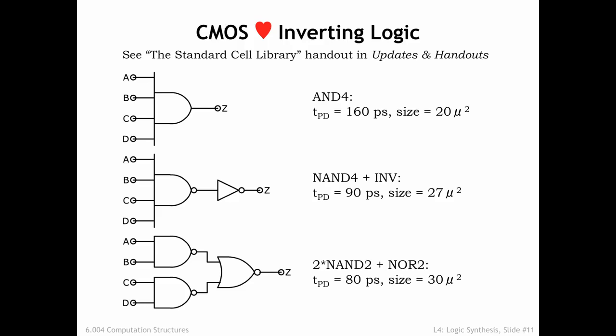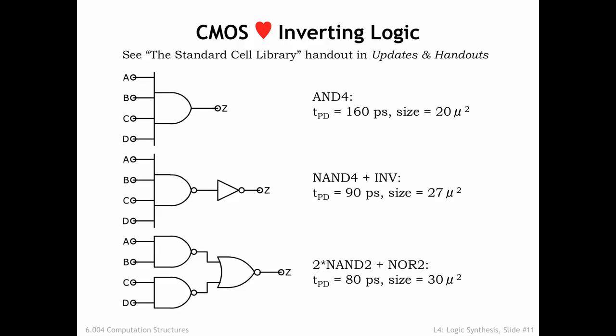The library has both inverting gates, such as inverters, NANDs, and NORs, and non-inverting gates, such as buffers, ANDs, and ORs. Why bother to include both types of gates? Didn't we just learn we can build any circuit using only NAND and NOR? Good questions. We get some insight into the answers if we look at these three implementations for a 4-input AND